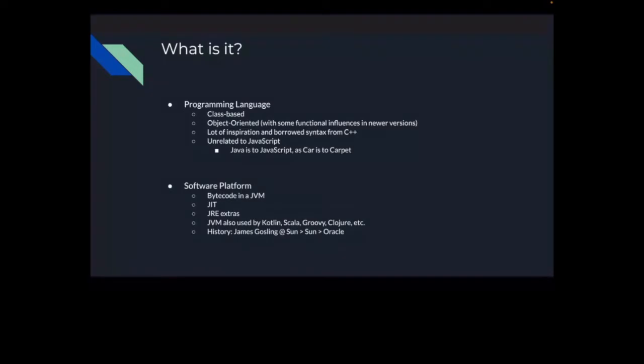But Java's not just a programming language. There is the Java programming language, but Java as a term can also be used to refer to the software platform, i.e. the Java software platform. And this is where Java has some of its uniqueness compared to things like C++ and more compiled languages. As I will go on to explain about the software platform, you'll figure out that it's actually quite similar to modern programming languages.